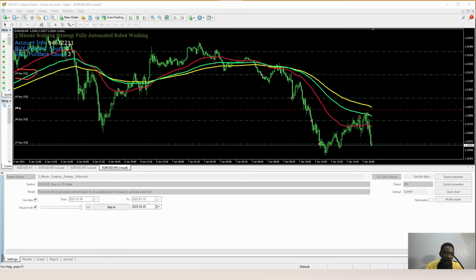Buy 0.01, buy 0.01, buy 0.02, 0.02, 0.03. That is how the lot size will be increasing exponentially. That is why I don't like using aggressive lot exponential, because it increases the lot size exponentially and it's very wide. But I like using it little by little, like 1.2, 1.3. I think it is still conservative and it's very, very okay.